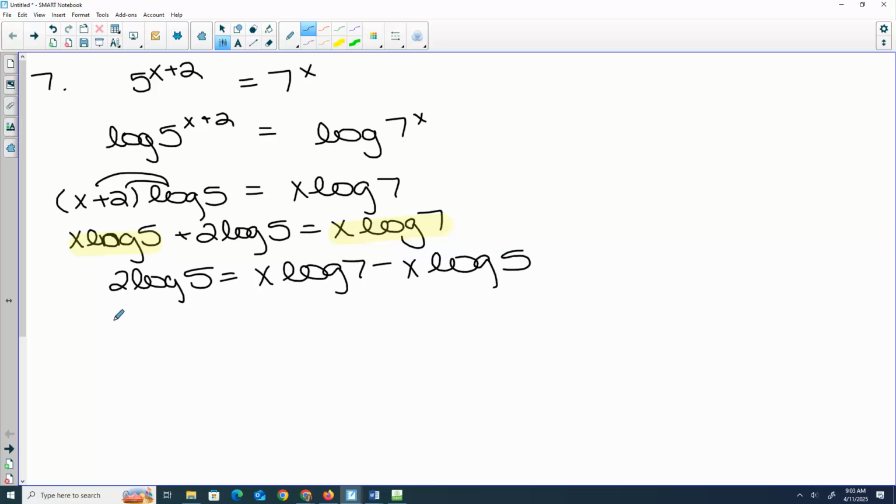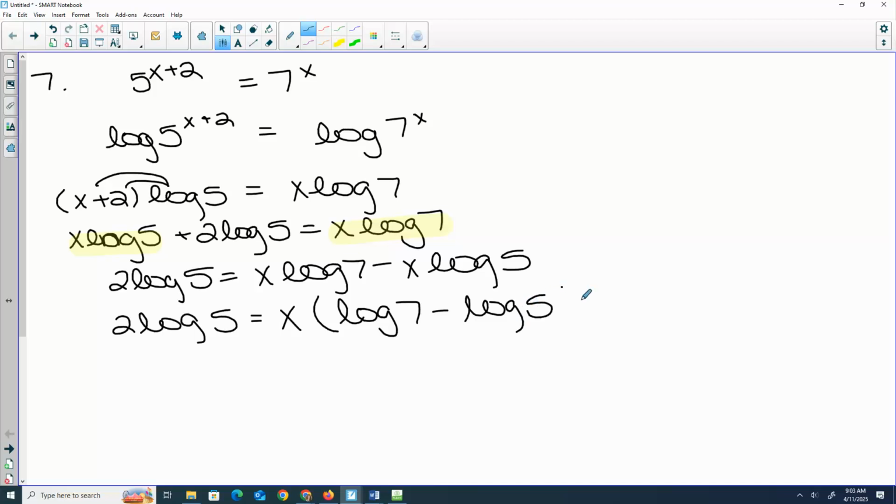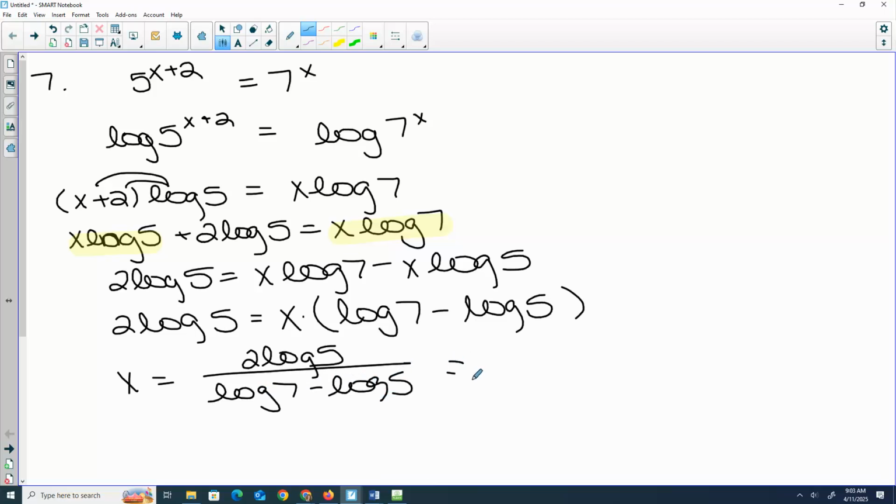Now both of these have an x, so what do we do? Okay, so now it's x times something. So to get x by itself, we divide. So it's 2 log 5 divided by log 7 minus log 5. I have been asking you, unless I say exact value, go ahead and give me the decimal equivalent, which